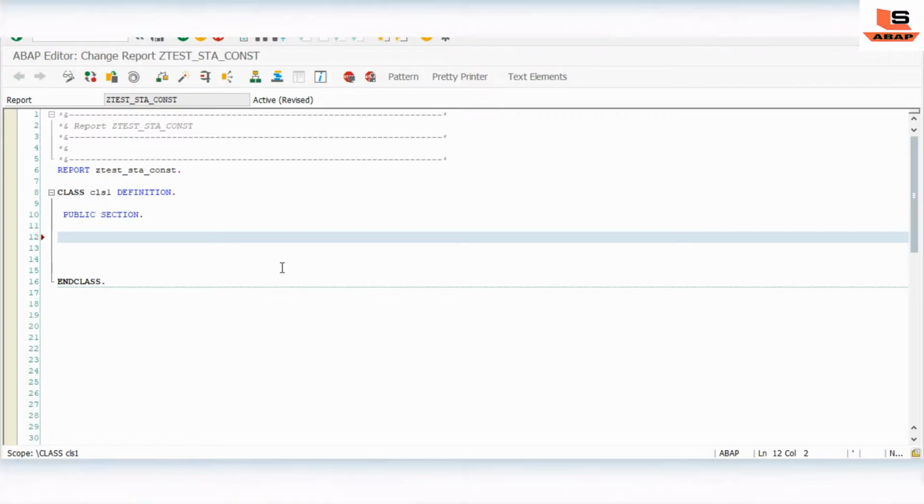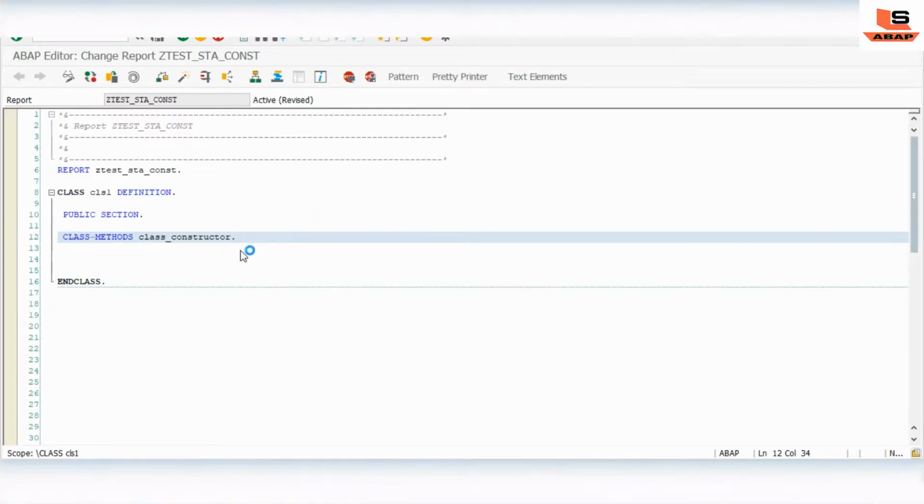Now we are going to define the static constructor. We have already discussed that the static constructor is called using the CLASS-METHODS CLASS_CONSTRUCTOR statement. If you give any other name, then it will not be a static constructor. So let's follow the naming convention: CLASS-METHODS, then CLASS_CONSTRUCTOR.